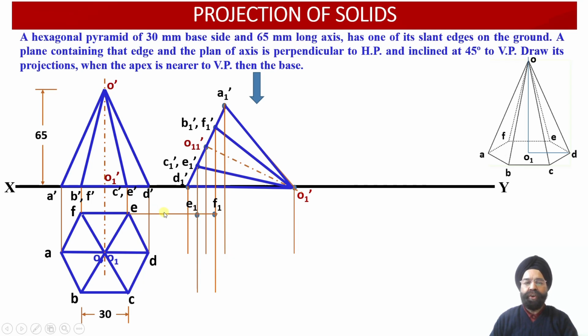We have drawn a horizontal projector line through point E. This intersection point will provide us the location of the point E1 in the plan projection view. Similarly, this is the elevation projection point F1 dash. From F1 dash, we have drawn a vertical projector line from point F. In the plan projection view, we have drawn the horizontal projector line. Wherever these 2 projector lines have intersected, we have been able to obtain the point F1 in the plan